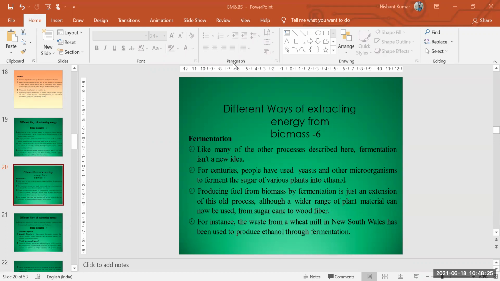Okay, that is your biomass. So we were seeing a different technique, whatever has been there to convert this biogas energy into the usable form. We have seen direct conversion. We have seen thermochemical process. We are into your